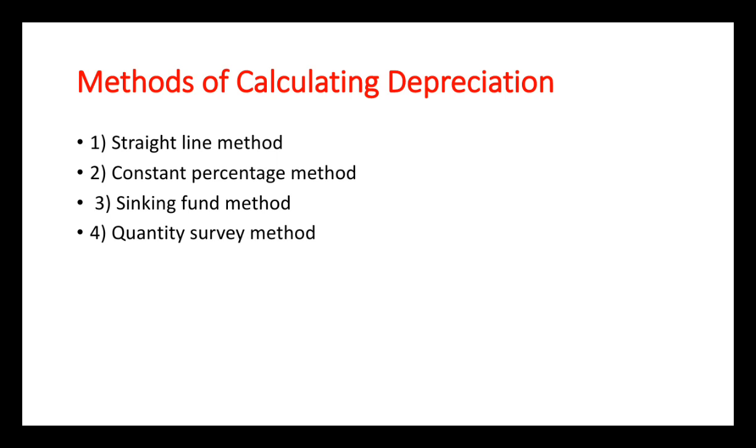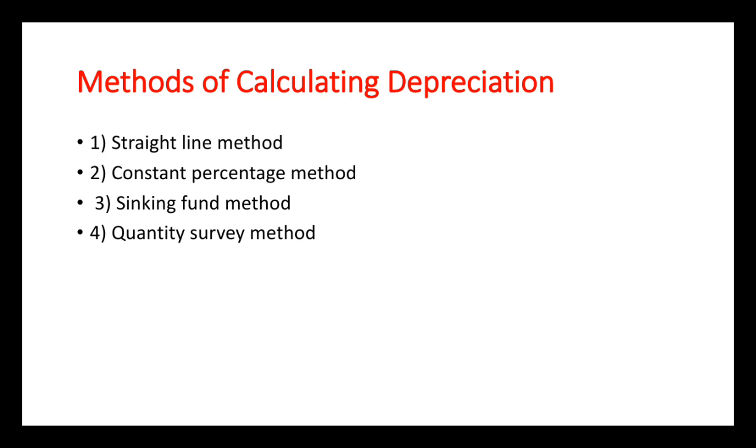So today, in the last video, we already discussed what is value, cost, price, the characteristics of value, the roles of a valuer, and the types of values. Also we discussed depreciation. Depreciation is the loss of value of property caused by its use, like use life, wear and tear, and decay. Today we will discuss the methods of calculating depreciation.